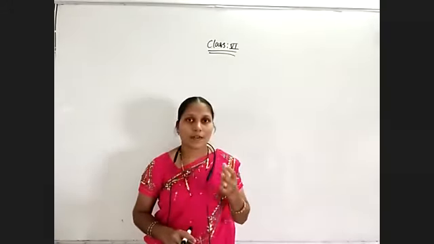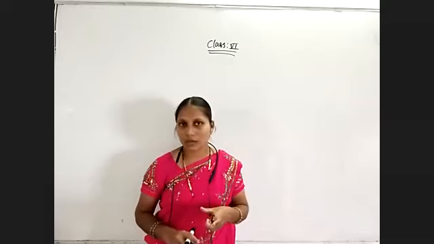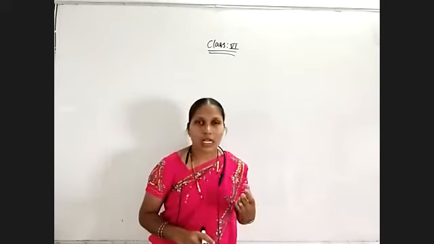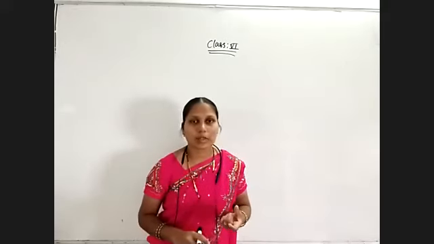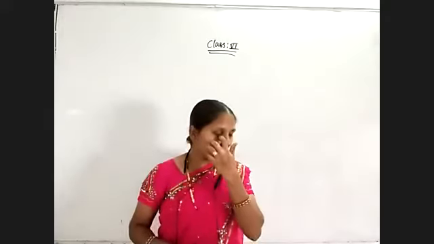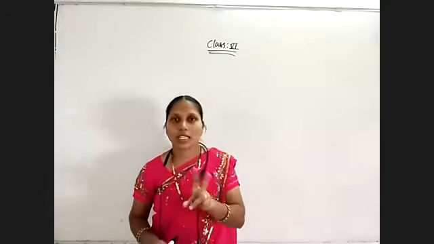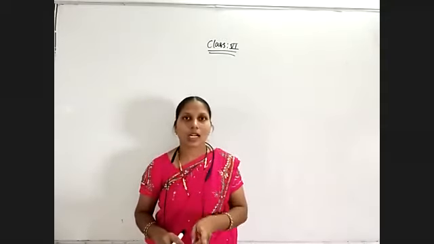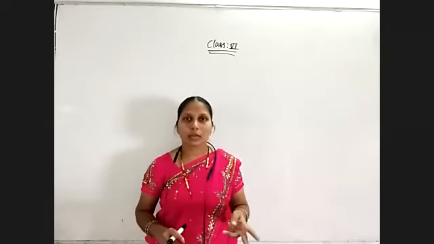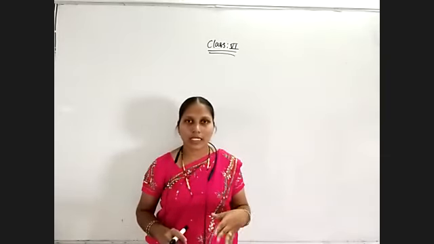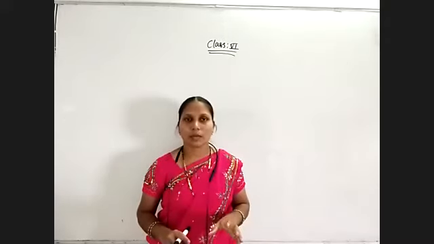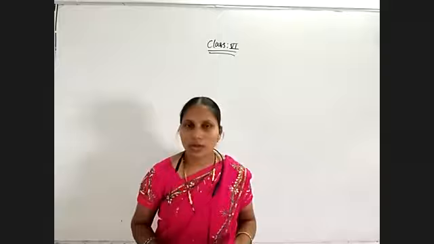When one number is a multiple of the other among the given numbers, the greater number will become the LCM of the numbers and the lesser number will become the HCF of the numbers. So already I told you. And when two numbers are consecutive numbers, then their product will become the LCM. And if the two numbers don't have any common factor except one, then also their product will become the LCM.